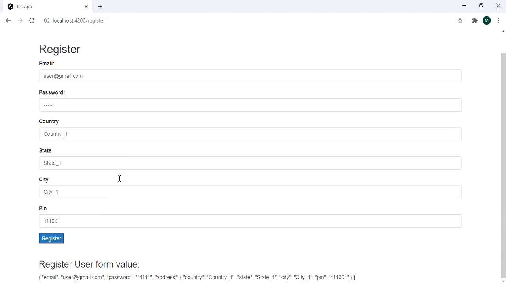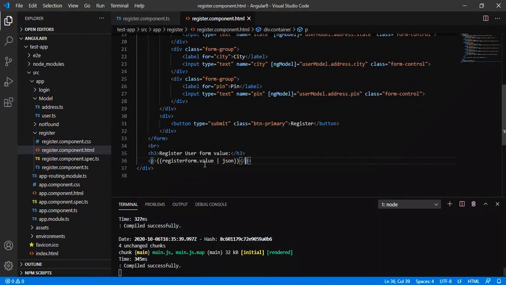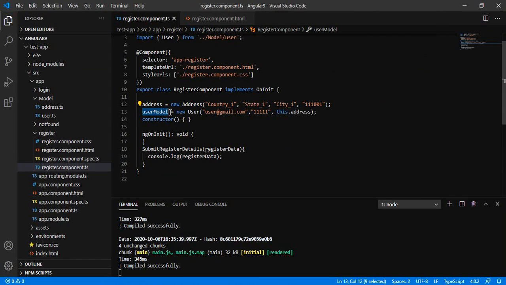Let's see. This is the current value that is available in the model and that is bound to the form, and now I am changing the form value, so it is getting updated. Whatever value we give in the particular controls, that value is getting updated.